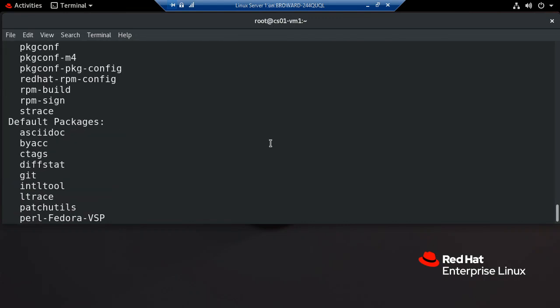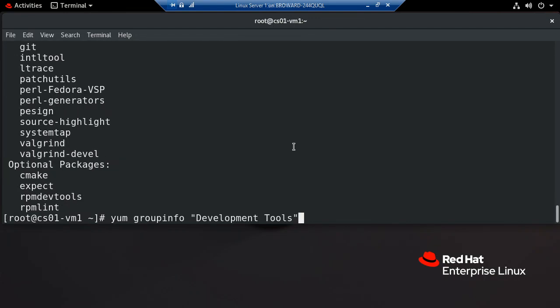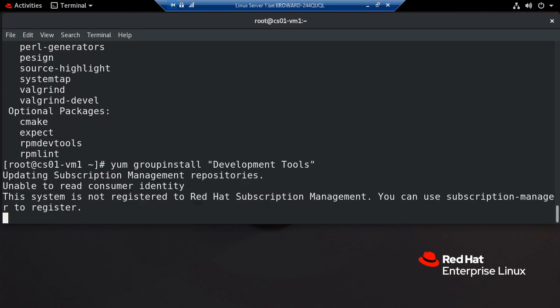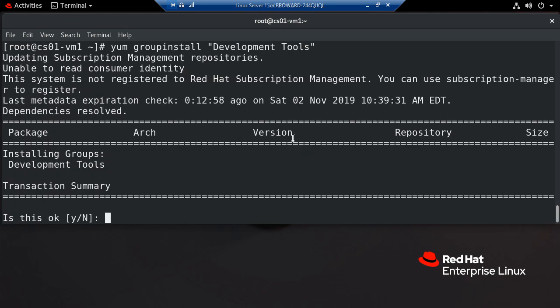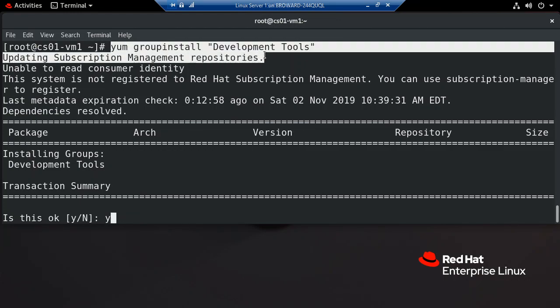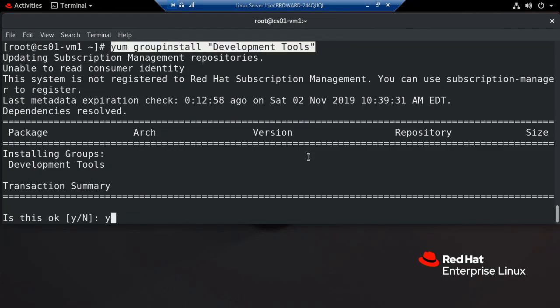Okay, so if you want to install all those tools at once, you might want to look and see if there's a group. So we can do group install. Click yes. I'm going to highlight this for a minute, give you time to type. That will install all the software in that group. Again, the book doesn't have it right, but